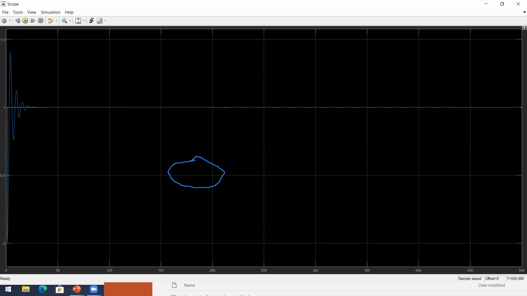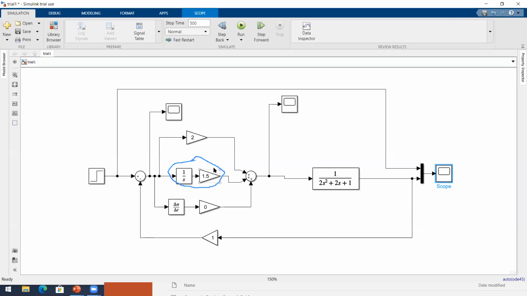But is there any problem with this controlling? The initial overshoot is very high, it is 1.4 something. Here it is 1.5, so I can take it as 1.4. Overshoot is there, that's the problem. But otherwise, with this, the steady state error has gone to 0. So it is called the integral type. The Laplace transform of the integral is 1 by s. What you're doing is collecting all the errors, summing them up and giving a gain.